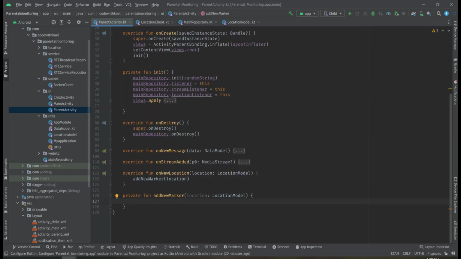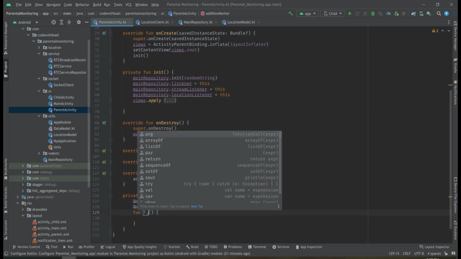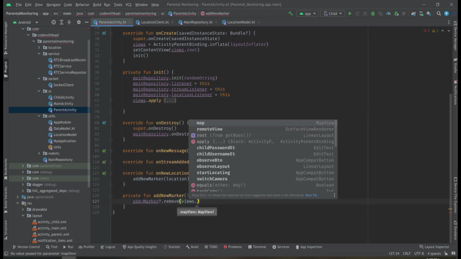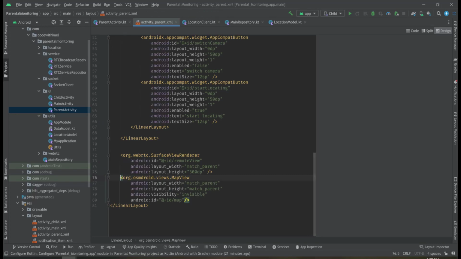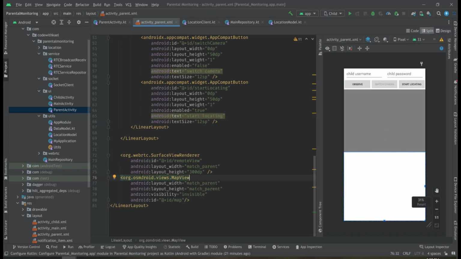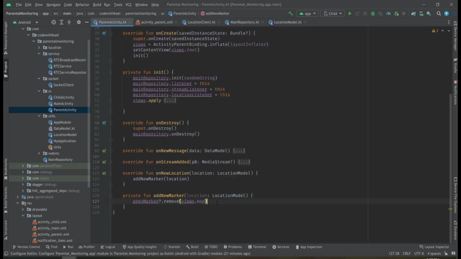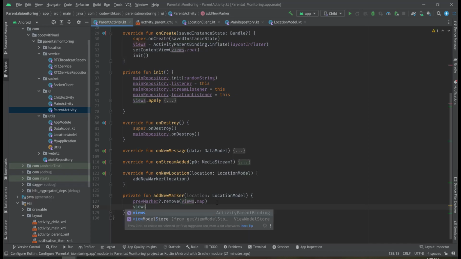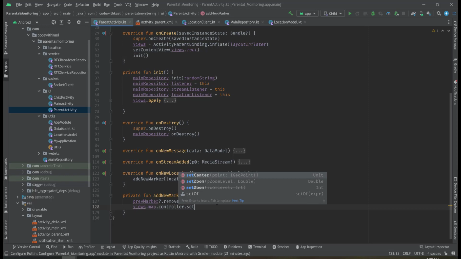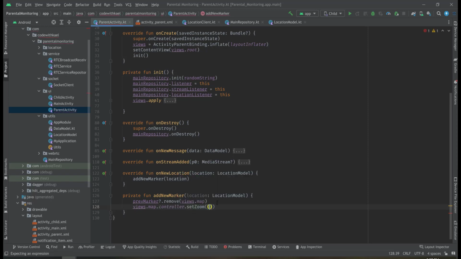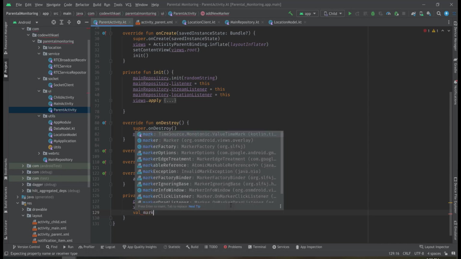First we want to check if this marker is not null, prevMarker, and remove it from the map, which is going to be this map view of the OSMDroid library. Then we want to use our map and controller and set a zoom back to 18, and after that create a marker